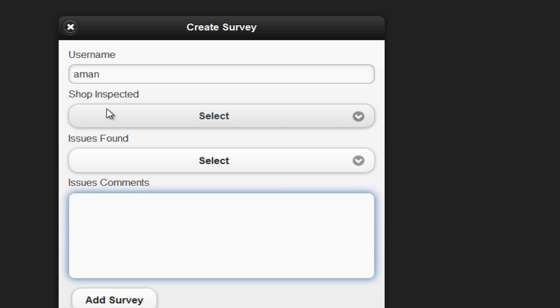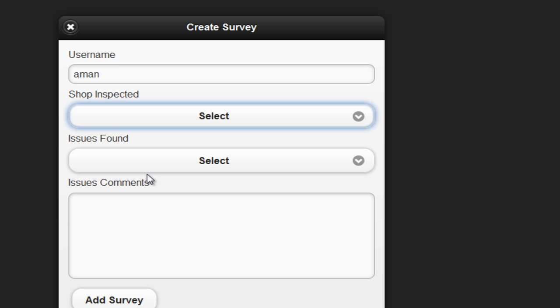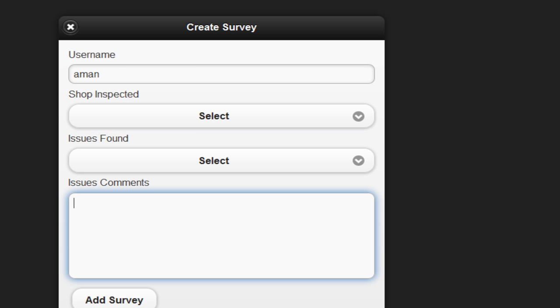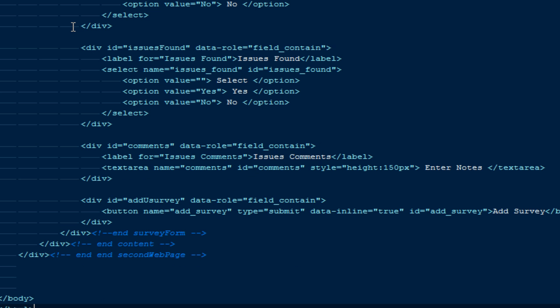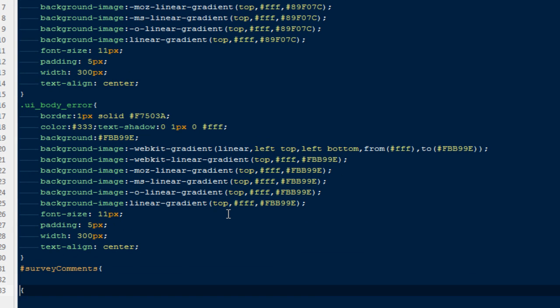So guys, the next thing we need to do is add jQuery to it, so finally we can actually validate this particular form, and we can make sure that the user is not leaving these fields empty. Okay, and for this particular div out here, call it comments, or probably I can say survey comments, so that I can easily target it with my style sheet. So here I'm going to say ID survey comments should have display none. By default we don't want to show it, and with jQuery we're going to find out whether the user is selecting that particular select box to yes or no, and if they are selecting yes,